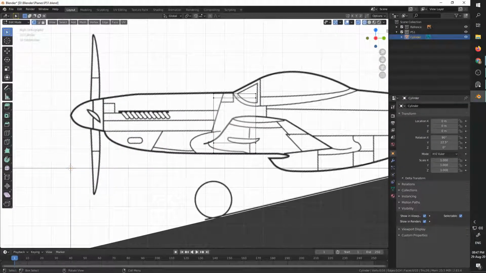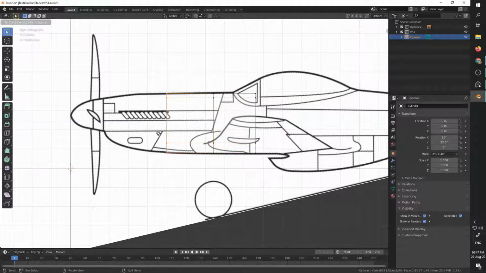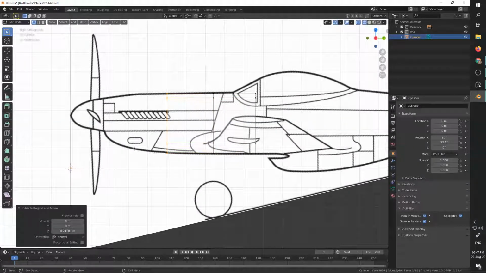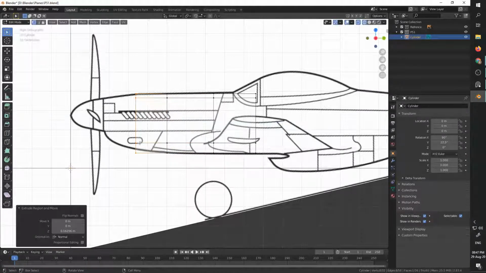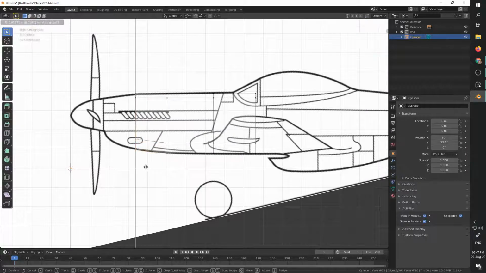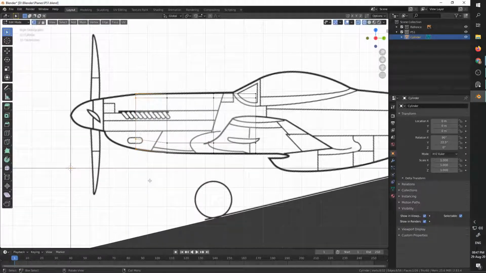And now I'm going to start to extrude this very basic shape to fit the shape of the P-51. So let's do it once. And you can see that here we start to move up. So this is why I stopped here. I'm going to do it again. And you can see that here we start to move down. And now I can move on the Z axis. Select everything again, extrude to the top to maybe